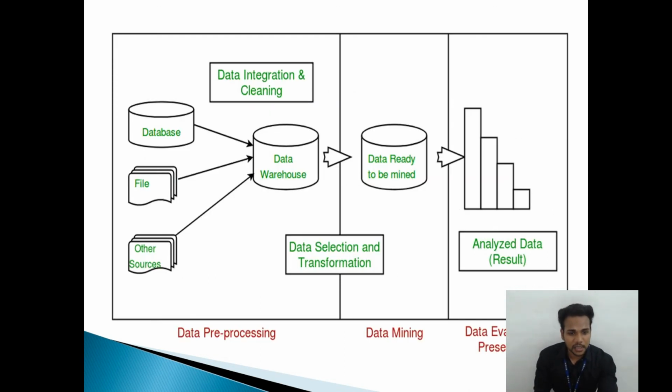The first half of the diagram deals with data integration and the data warehouse, where the data integration is done in the common data warehouse. Here different databases are taken as a source to provide storage in the data warehouse. After the data is stored, then comes the step of data mining, where we retrieve the data which is stored in the database in order to analyze the data for different results. The end process is analyzing the data for the end results.